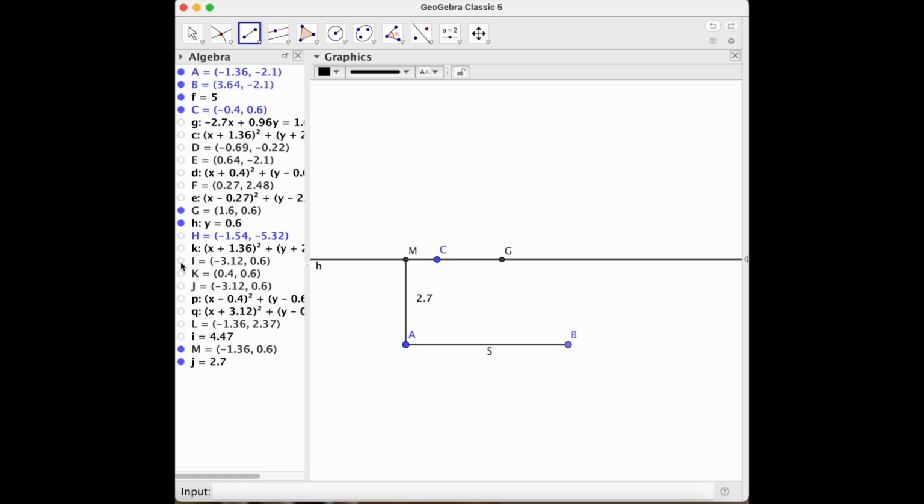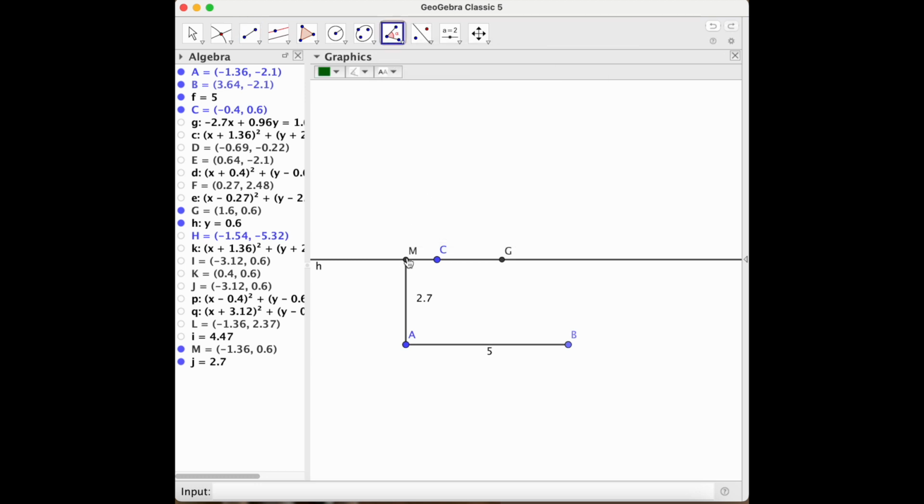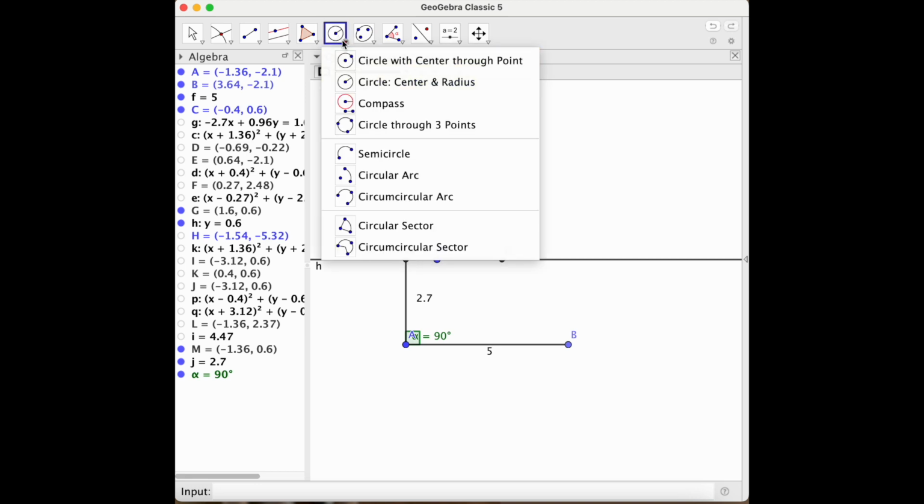Okay, and I can also verify that this did create a perpendicular line. I'm going to use my angle feature and do M, A, B. And I see that it is 90 degrees. I also need to do the same thing, creating a perpendicular from line CG to a point not on the line, specifically B. So I'm going to follow the exact same steps again, where I'm going to create a circle